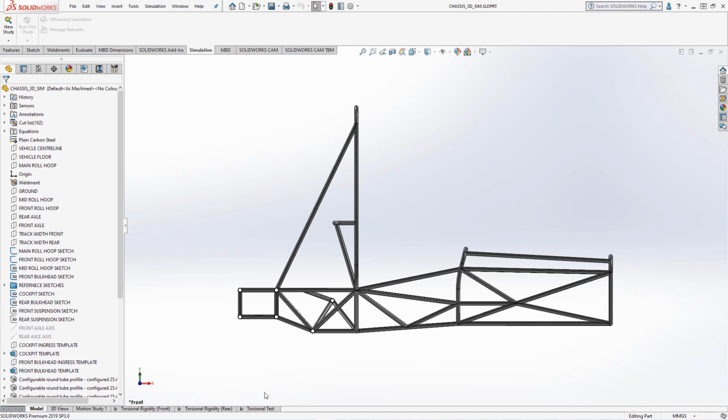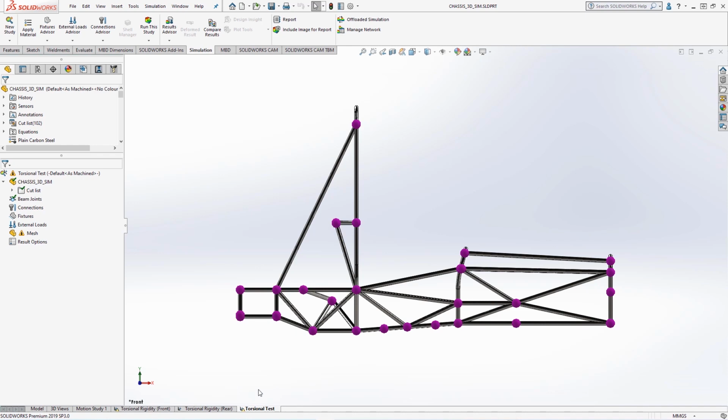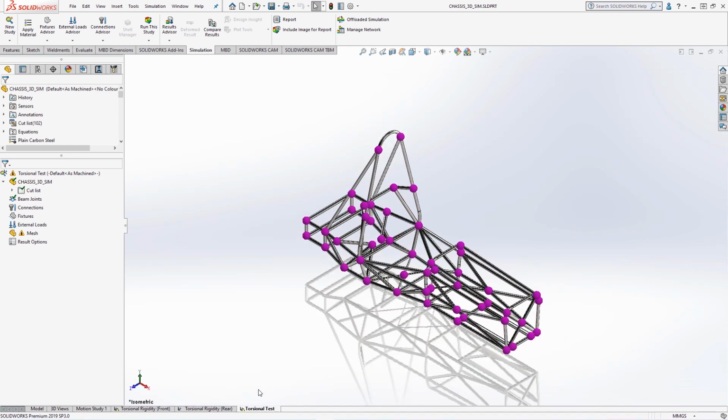Testing the torsional rigidity is one of the crucial benchmarks for any chassis, and a number of studies have been set up in advance, with a partially complete study that we will review to highlight some of the best practices. Using the weldment tools in Phase 2 means that the body geometry is automatically imported and converted to optimized 1D beam elements in simulation, which are specifically formulated to handle beam bending, tension, compression and torsion. Cross-sectional tube properties are pulled directly from the SOLIDWORKS model, so we don't need to worry about inputting this data.